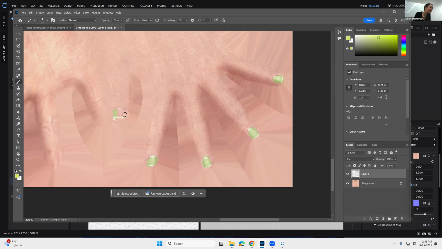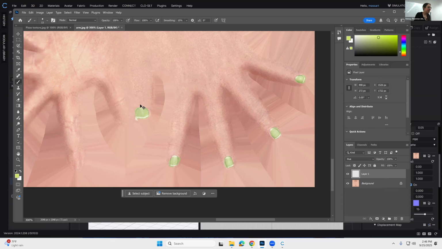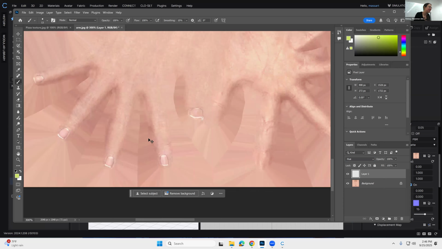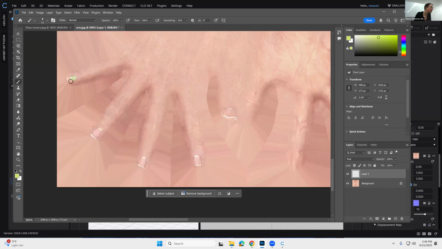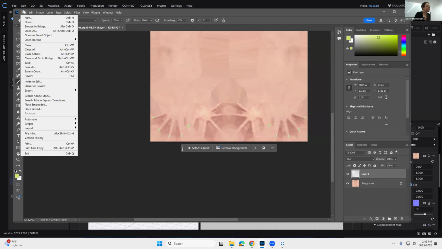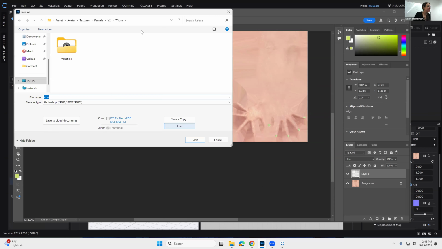And I'm doing a bad job, but you guys could do a better job. And we'll do her other hand. So that's the bottom of her hands. And then I don't think I want to just choose save because I'm worried that will permanently make her have poorly applied nail polish. So instead, I'm going to go to File, Save As, and